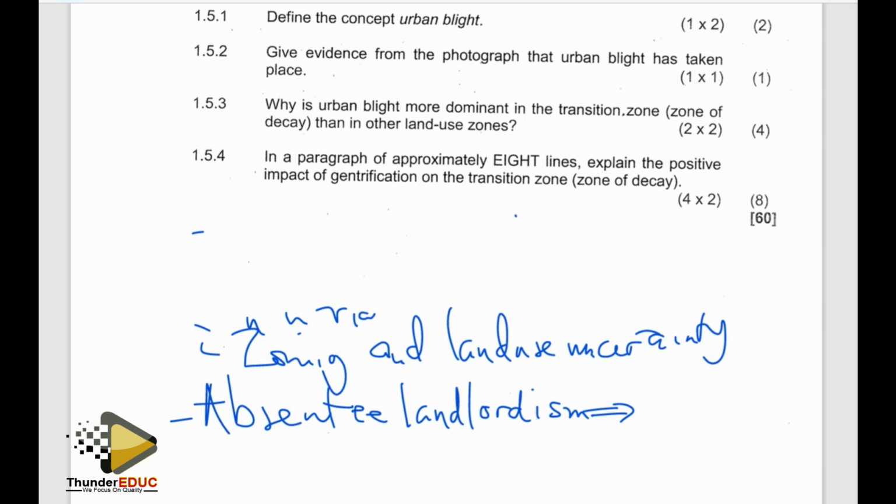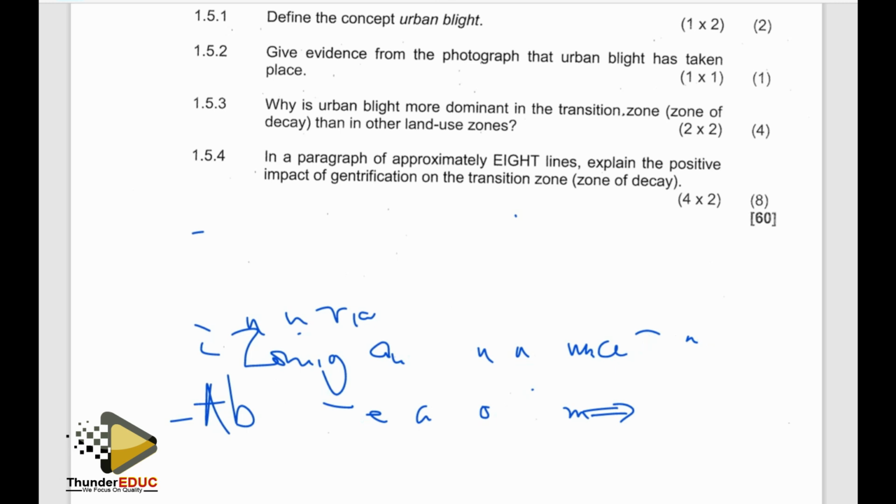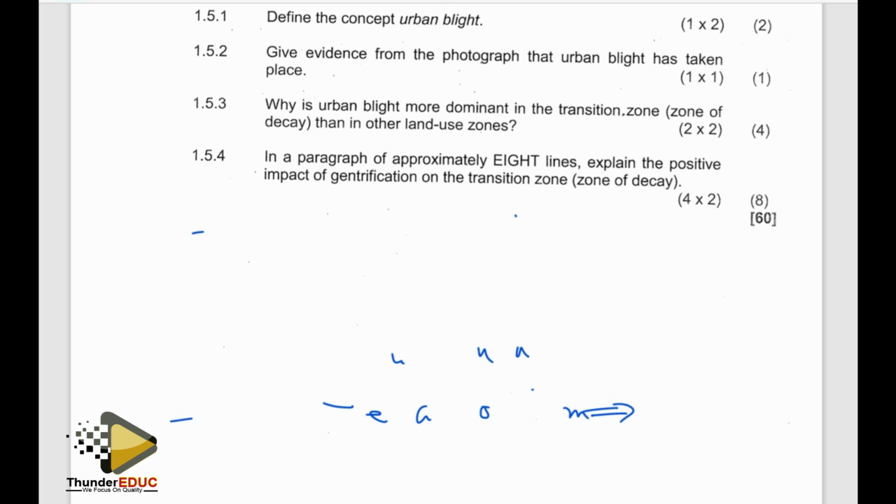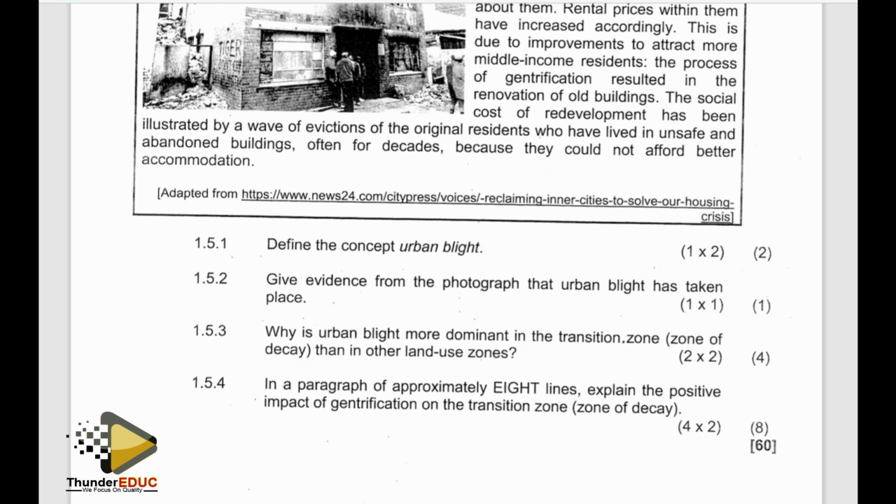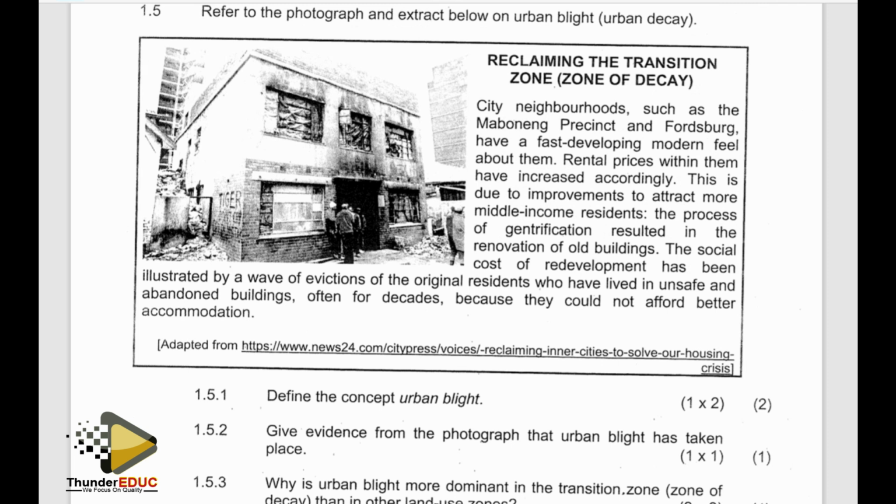In a paragraph of approximately 8 lines, explain the positive impact of gentrification on the transition zone. Right, it talks about gentrification in the text there. I don't know if it's clear or if it's fully described what the process of gentrification is. Right, it says